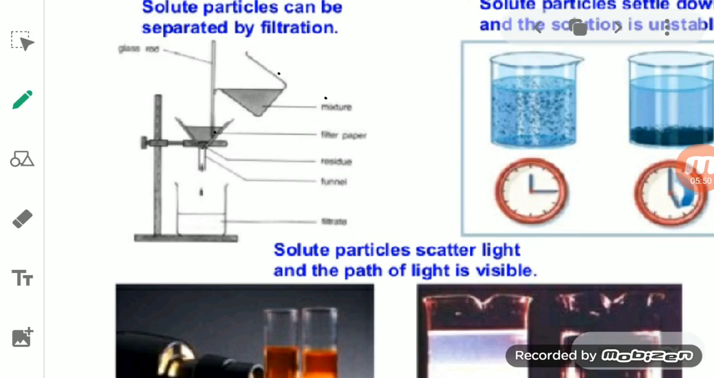If you take this muddy water and try to filter it with the help of a glass rod, which will help you stir it properly, you will see that the clean water will get separated, while the mud, the sand, will remain present as a residue on the filter paper. So it can be separated by the process of filtration, and this is the third property of a suspension. Then the next one is